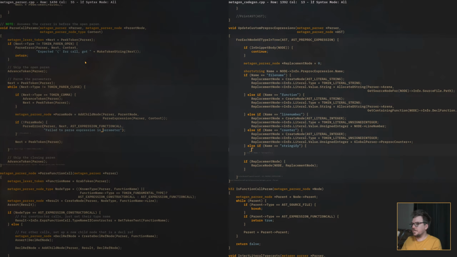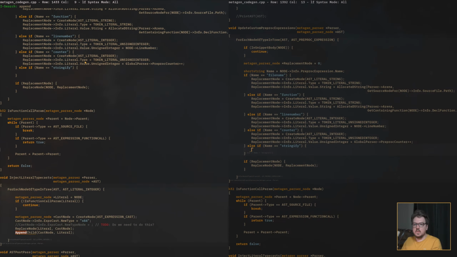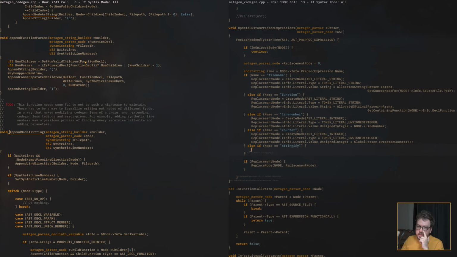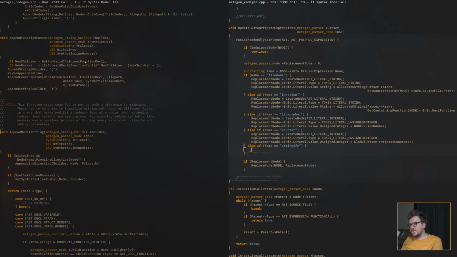So in here, we can say, what does append node as string do? Okay, unfortunately, oh, that's a problem. This doesn't just get me the node as a string, it appends it to a string builder. So I can do the time-consuming thing, that is also the proper thing, and have this return a string that you can use for whatever purpose.